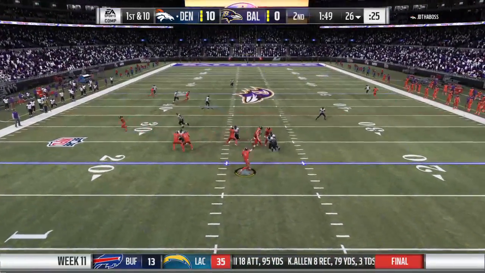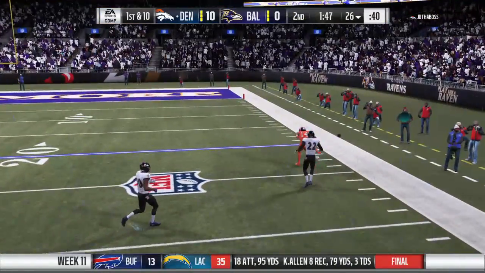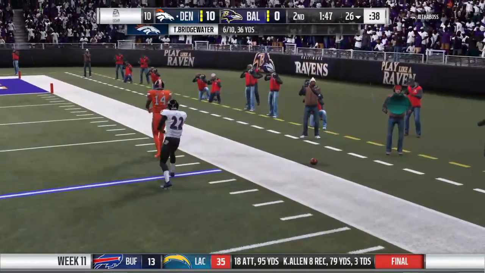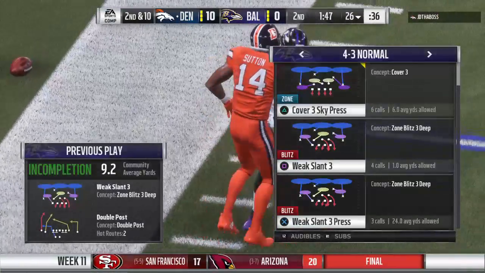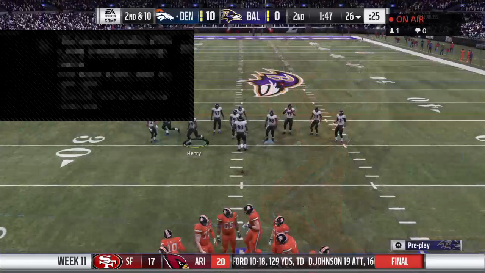Getting the interception. Here's Bridgewater. He's going to float this one deep right side. So they took a shot on first down, but couldn't connect. And that's one he's got to be happy to have back. There wasn't a hole open. Once again, they'll come up